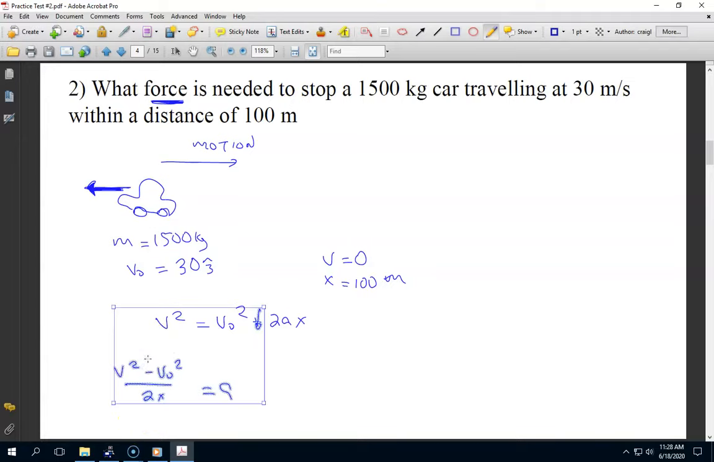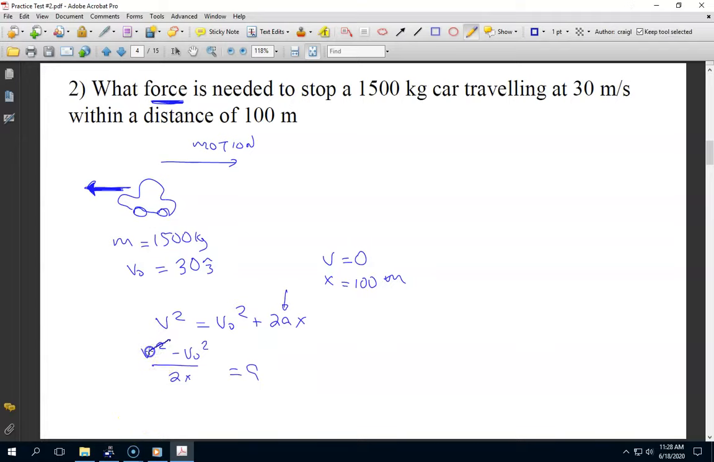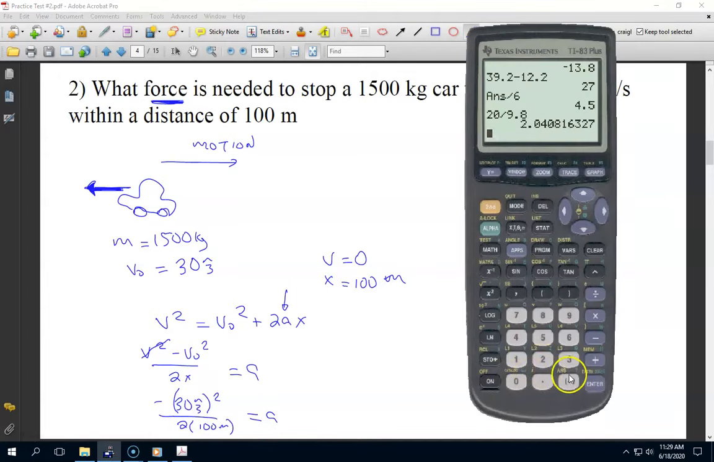Now v squared is 0. So I've really got here a negative 30 meters per second. That gets squared, and I'm dividing by 2, also dividing by 100 meters. And so my acceleration works out to negative 30 squared divided by 2, also divided by 100, would be negative 4.5